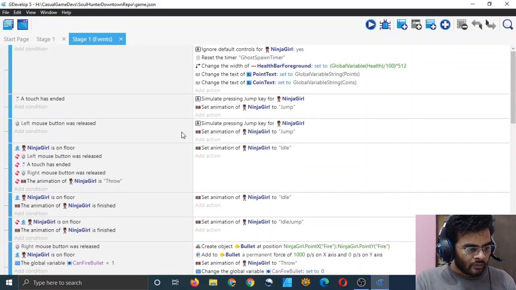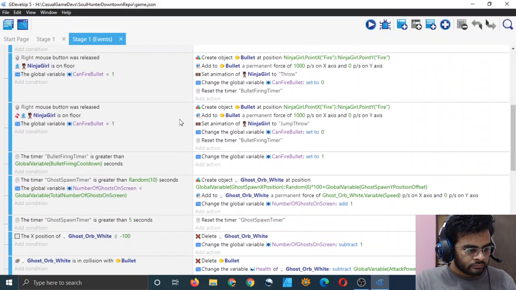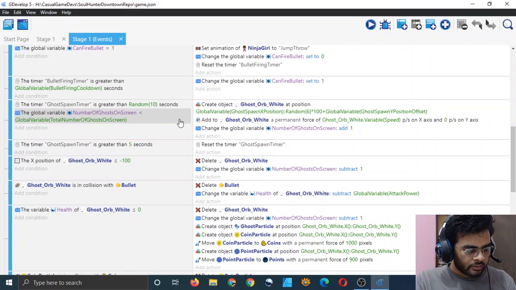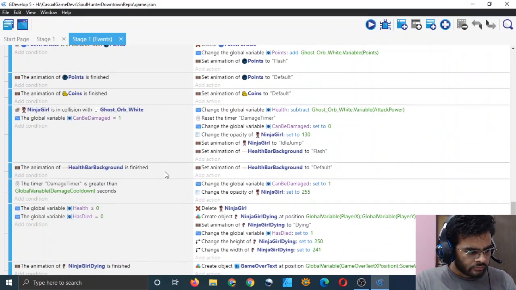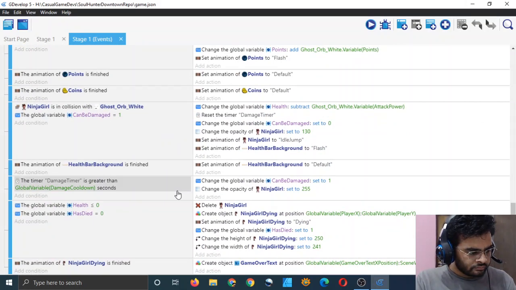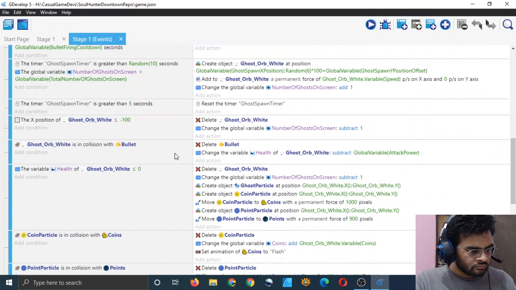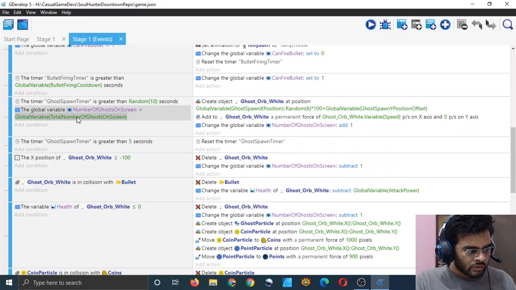We are doing this so that our scenes, our stages become modular, and if you have to create a new stage, you don't have to go into the code and edit the code. So that's why we are doing that. And where is it being checked? Here it is.